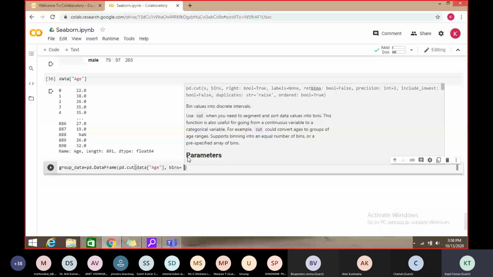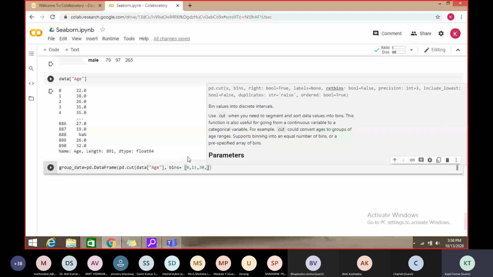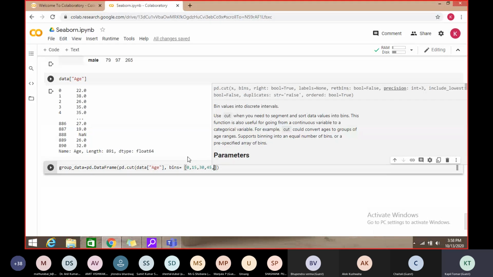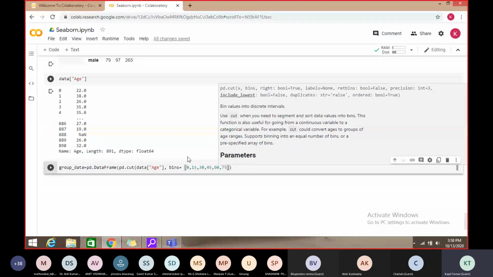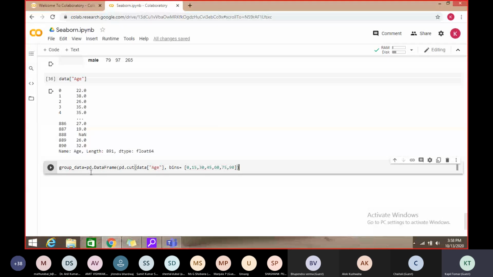So if we want to divide that data into a particular interval, then we will pass these values. Suppose from 0, then 15, then 30, the next 45, then 60, 75, then 90.